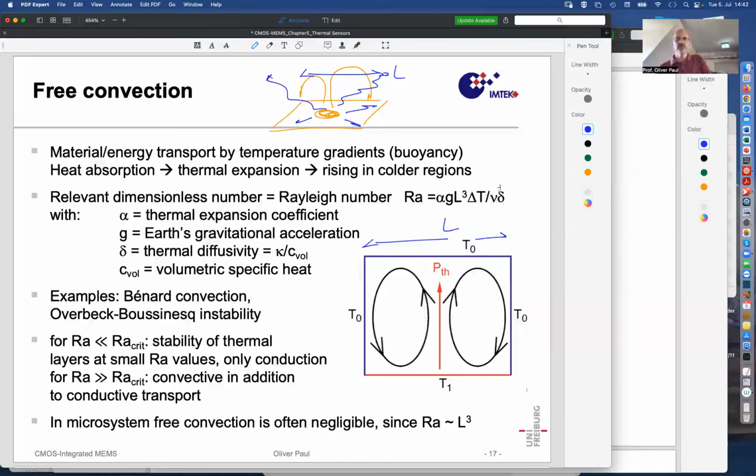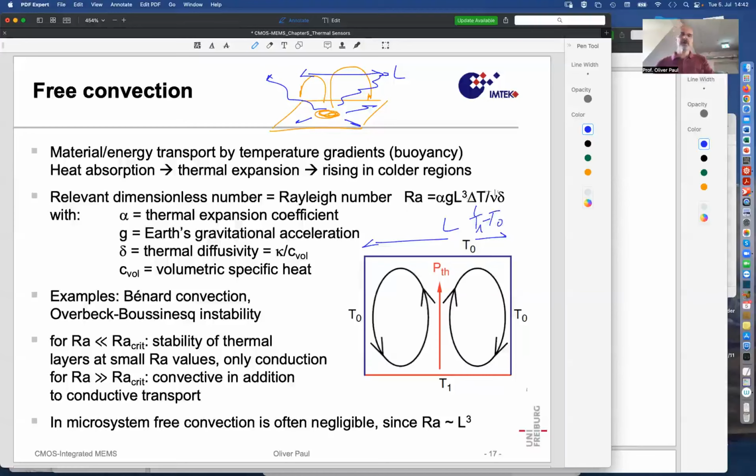There is the thermal diffusivity, the efficacy with which heat diffuses into the medium. That is given by kappa, the thermal conductivity, divided by the volumetric specific heat. And so there is this Rayleigh number that tells us, okay, if there is a temperature difference T1 minus T0